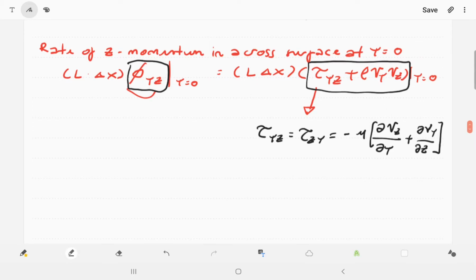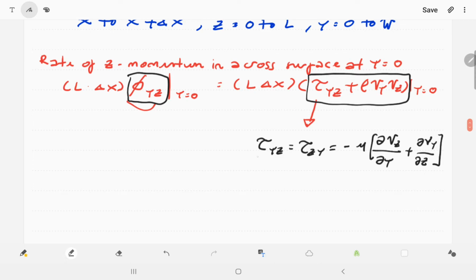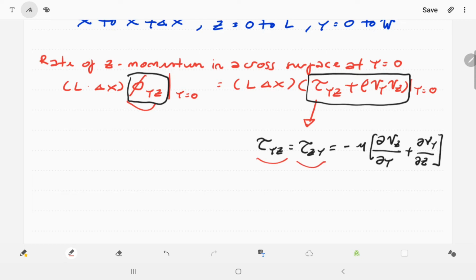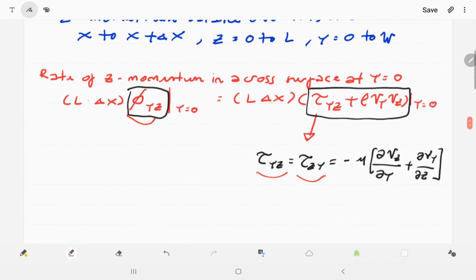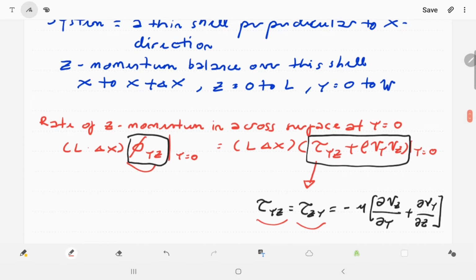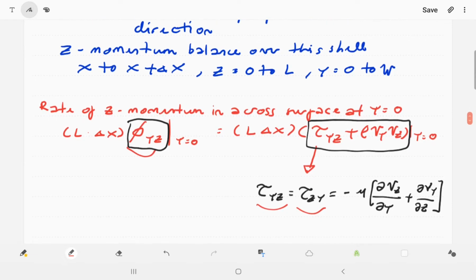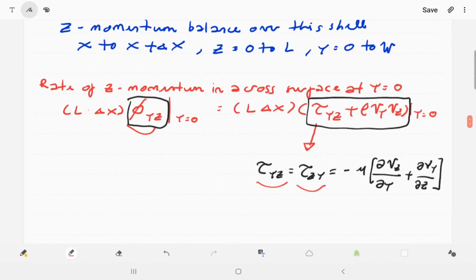Okay, so continuing from the last video, remember that when we go to tau yz, tau zy is equal to minus mu times this. You can look at this in the Bird, Stewart and Lightfoot book, or you can also look at my slides, the video that I put before this one. This one will be equal to 0 because Vz